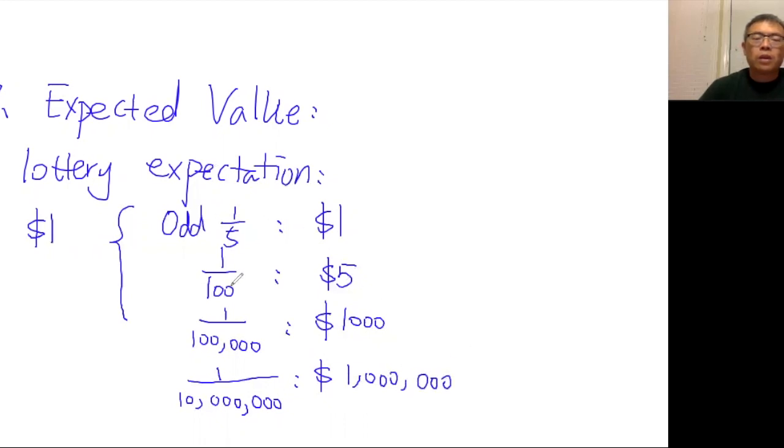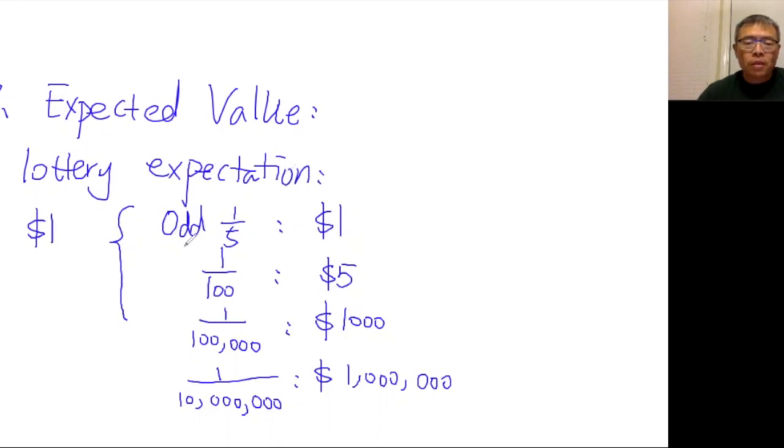Now the question is, what is the expected value based on this outcome? Like if you spend your $1, how much money do you expect to get back on average? Again, for this average to work, you have to buy lottery tickets a lot of times. So on average you get this value, but this tells you a lesson about whether you should buy a lottery ticket or not.